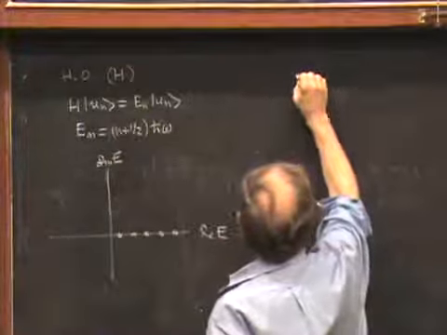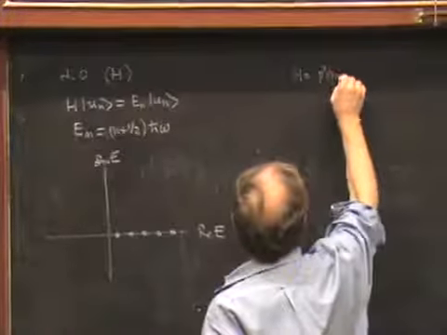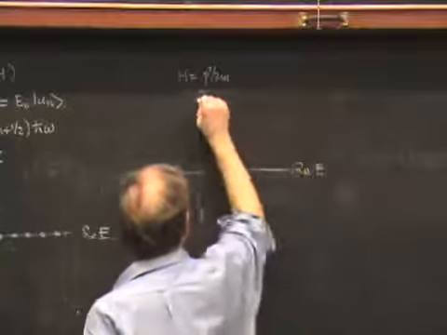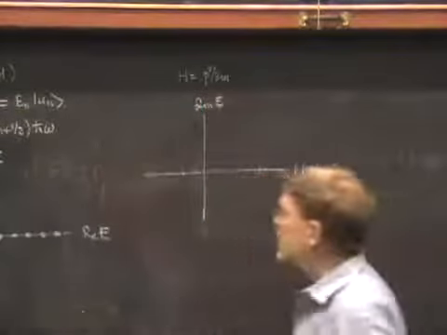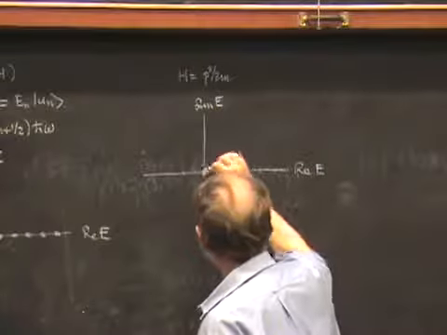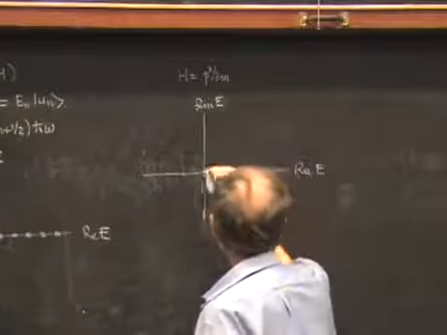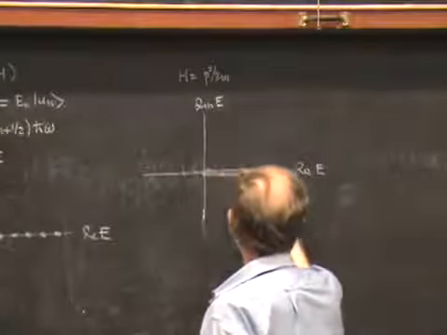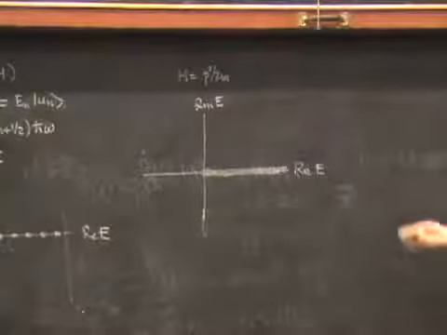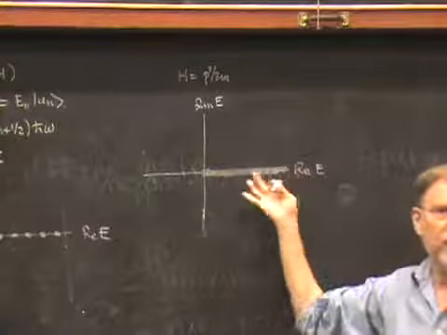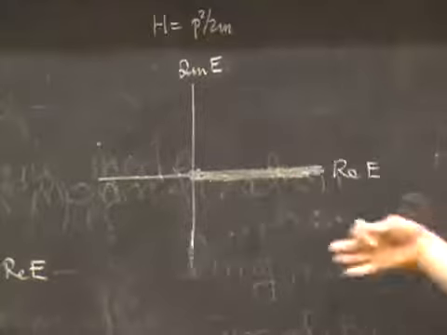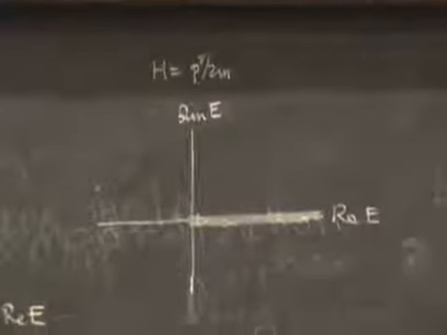Here's another example. Let's take the free particle, H equals p squared over 2m. And then here's what the spectrum looks like. Real energy, imaginary energy. In this case, there are eigenfunctions for all non-negative values of the energy. So the spectrum consists of the entire positive real axis, not negative. I'll try to draw it heavy. This is an example of what's called a continuous spectrum because it's not discrete points. Continuous spectrum only arises in infinite dimensions, and I'll say more about it a little later, but right now I'm just giving you a preview of some of the things that can happen.